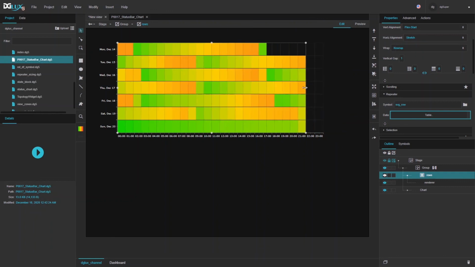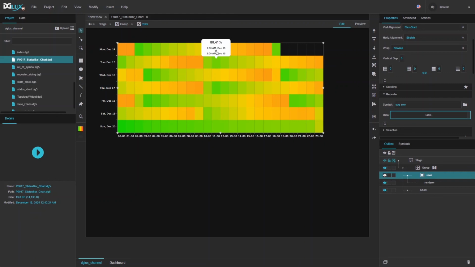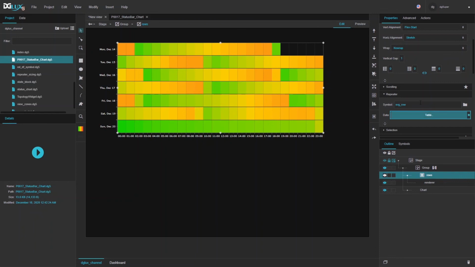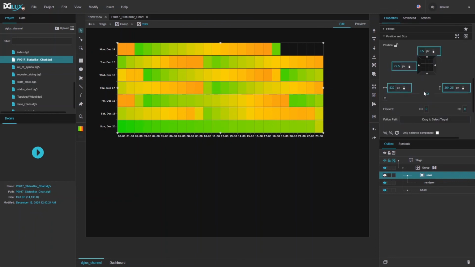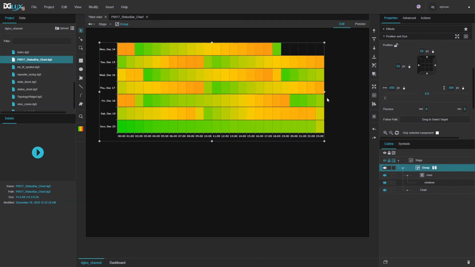And oops, I shouldn't have touched that, so just Control Z. Oh, that's not what I wanted to undo. Sorry, I wasn't supposed to touch the sizing there. This is what I want to resize. There. So now we can just convert this to a symbol,